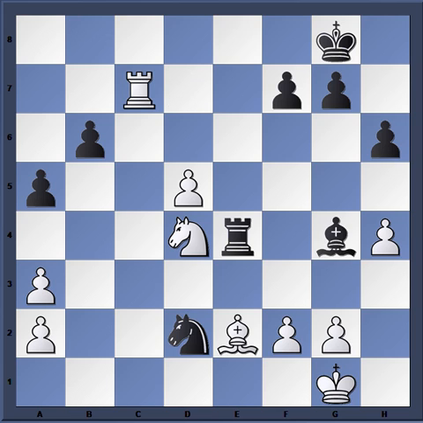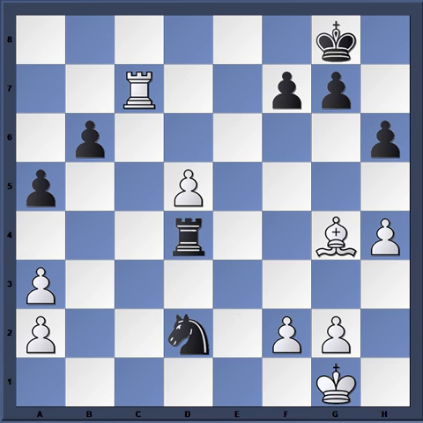Bishop g4, and now bishop takes g4, rook takes d4. Okay, so he decides to take the knight. The problem is, if he grabs the bishop, then after rook takes g4, then knight f5 is a little bit problematic